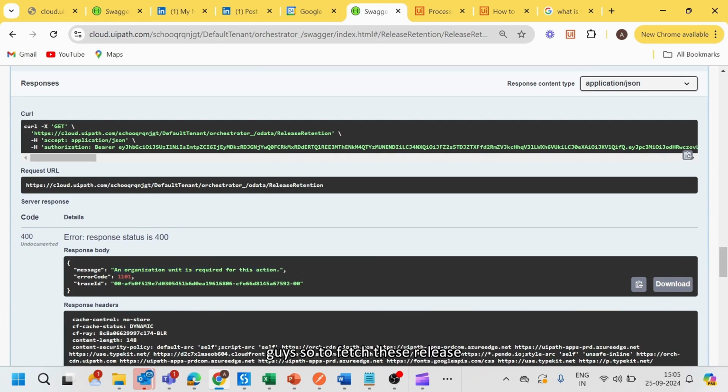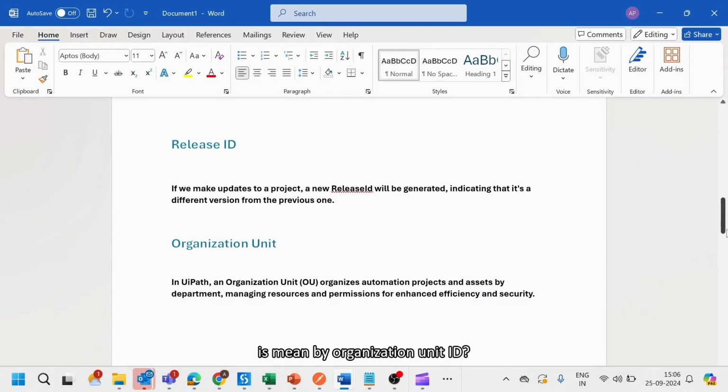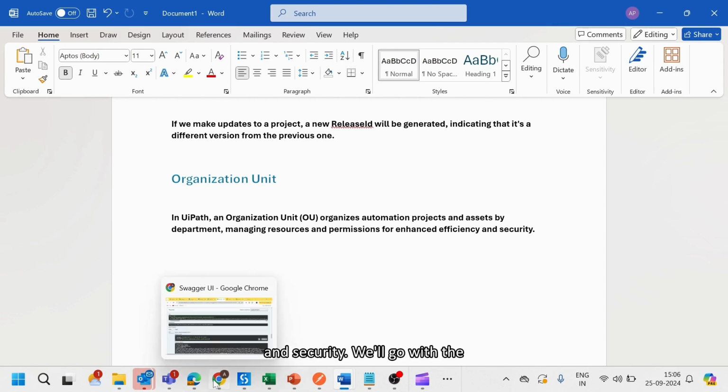Okay, guys, so to fetch this release ID, we need the organization unit ID. What is meant by organization unit ID? I will explain clearly. You can see in UiPath, an organization unit organizes automation projects and assets by department and manages resources and permissions for enhanced efficiency and security. We'll go with the live